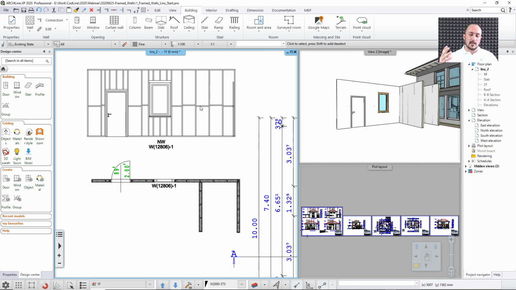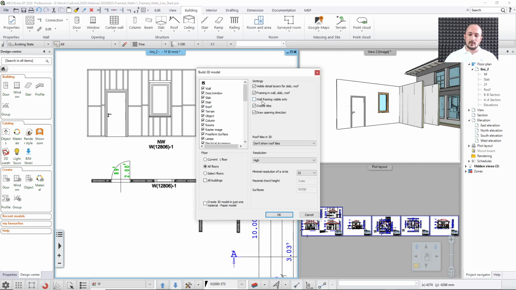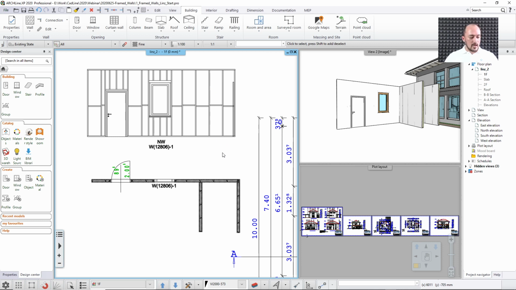So we have talked about the 3D representation of the walls. There is this one option that you can use globally in the software to turn off the visibility of the wall framing, turn off the visibility of the layers and show only the wall framing, or represent the whole structure as it is. And this was this option. Also, I've talked about how you can set up the structure, where the framing goes into, and also you could see how to actually connect those items, how to set up the cross sections, the materials, and also